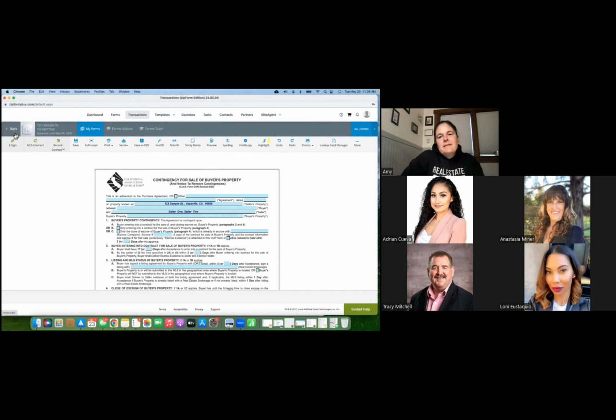Those are your options. If we're in documents, then you can add documents here. So you can upload documents. As I get seller disclosures in, as I get reports or inspections in, I'm going to upload those from my computer and put them in here. Your completed file is going to look